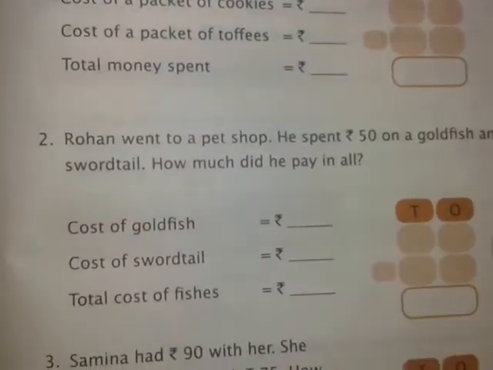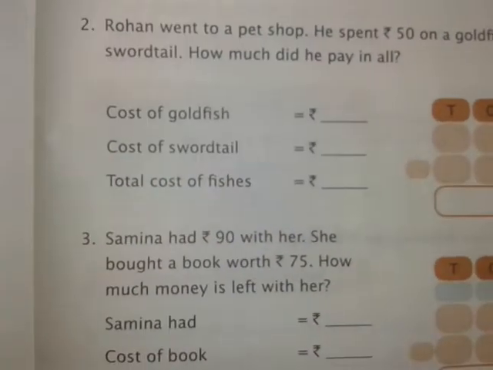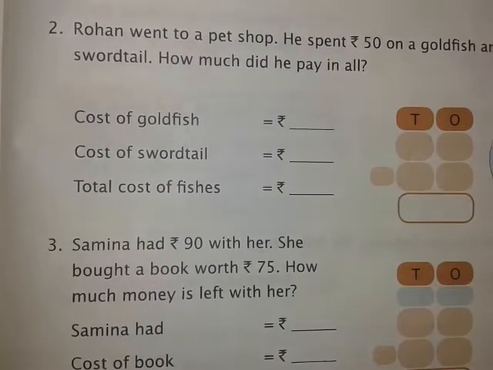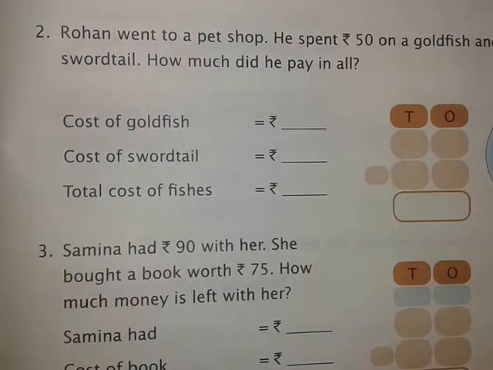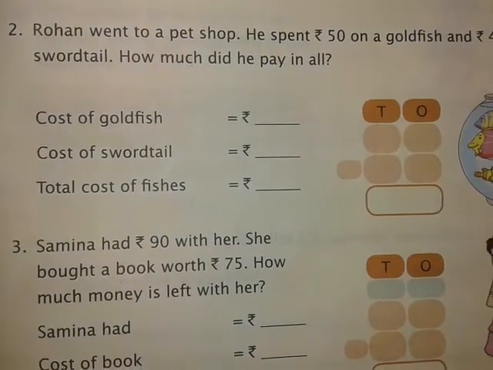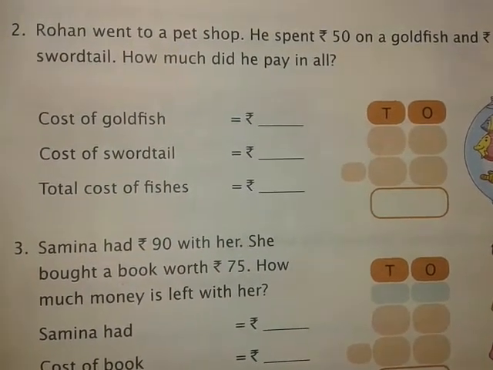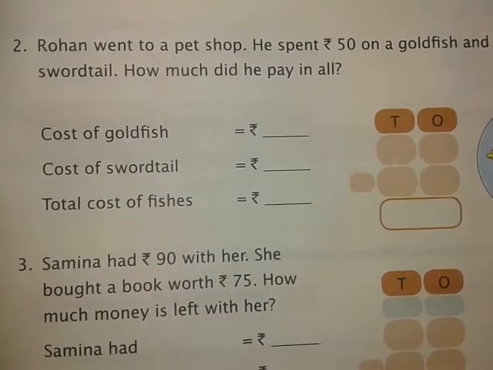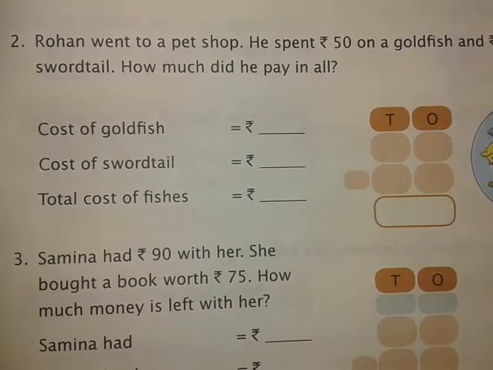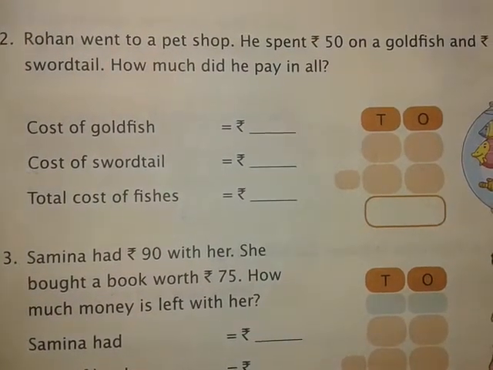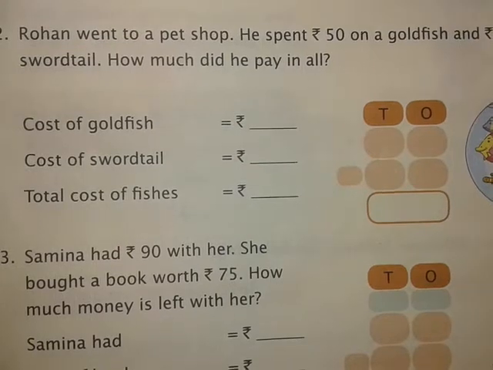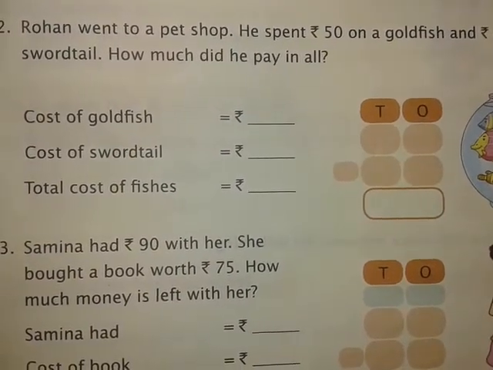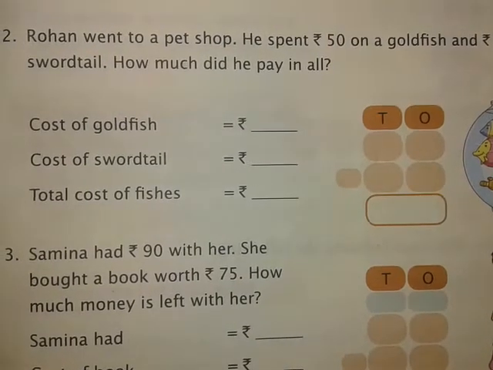In the same way, you will read the other questions. There are 3 questions. You will read these questions. I hope you will be able to do this. Read the question very carefully. You will understand what you have to do. We have done many other story sums on addition and subtraction. So you have got an idea by reading the story how to understand whether the operation should be subtraction or addition. Try to read it and try to do it yourself.